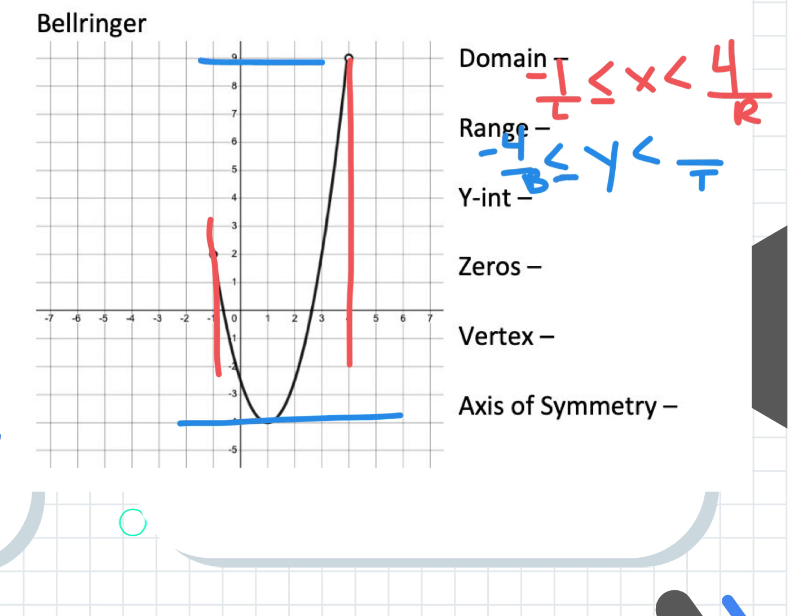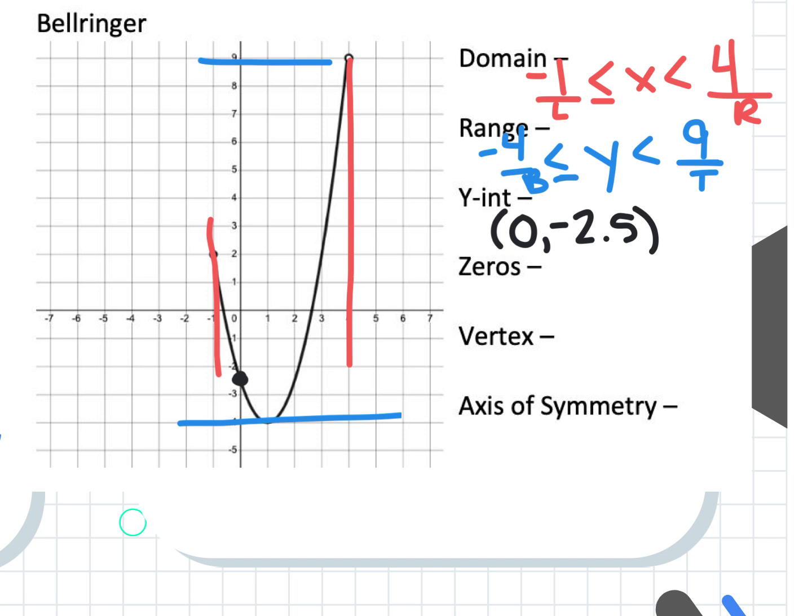And then up here at the top, what is this top number? 9. And it's an open circle. Do we need a line? No, we do not. Some other review of these vocabulary, the y-intercept. What is the y-intercept on this graph? We're going to have to kind of guesstimate it a little bit. What do we think? 0, maybe about -2.5,